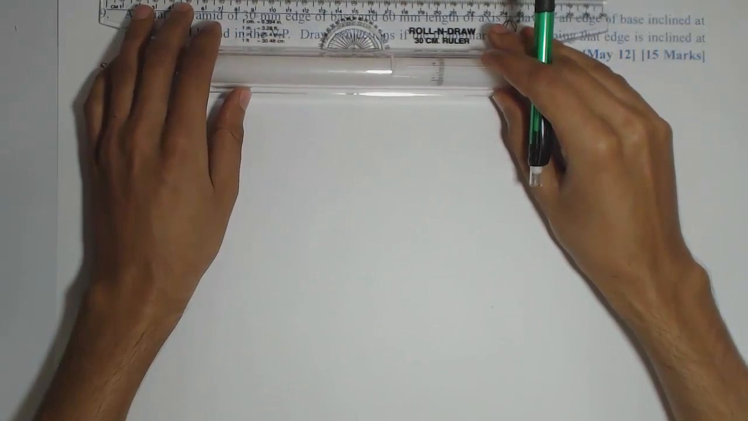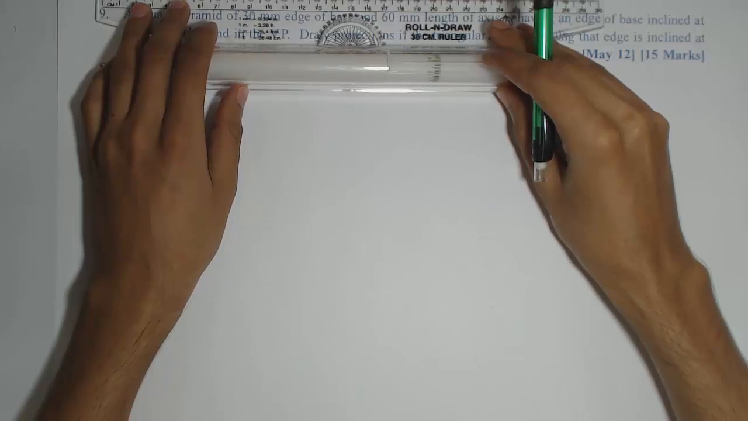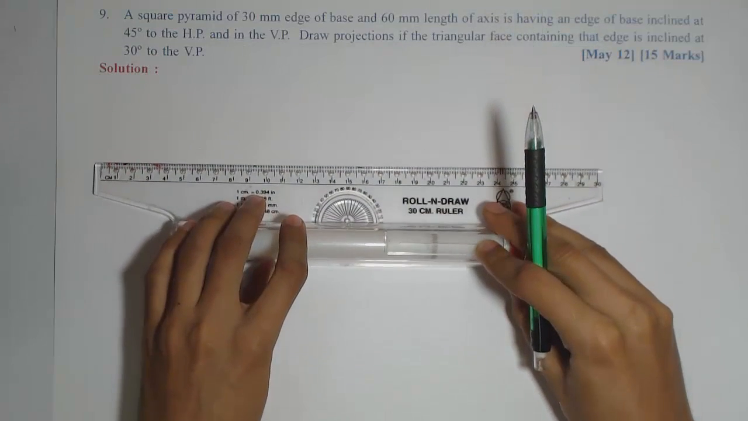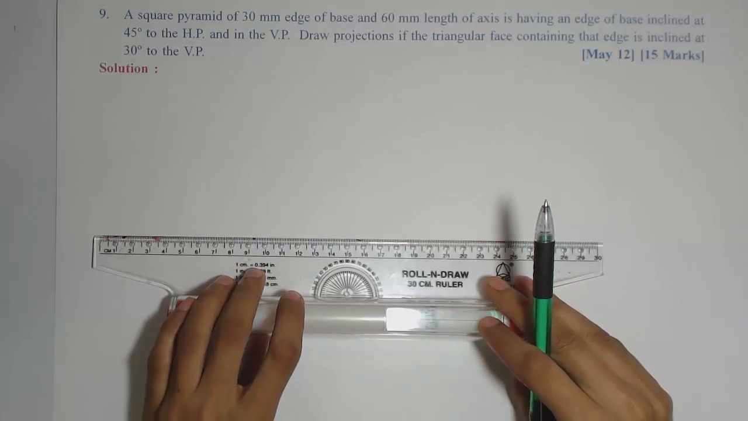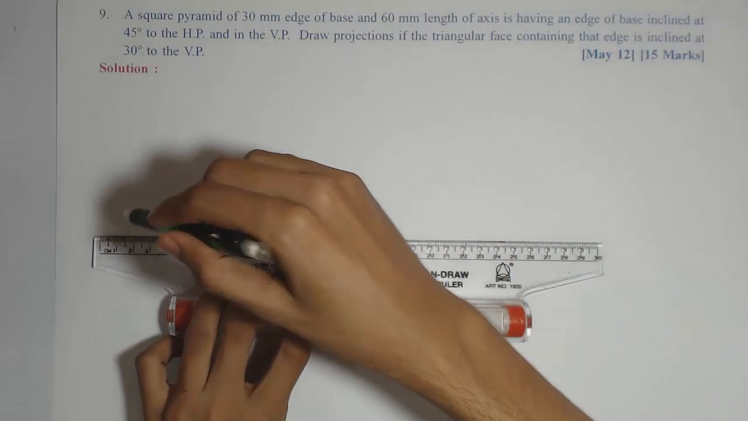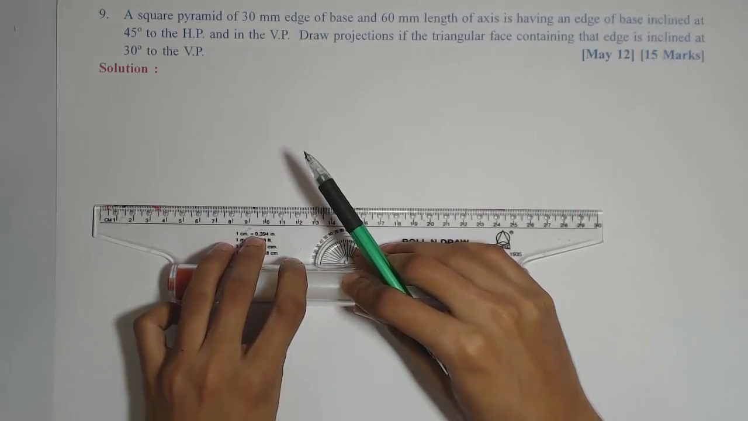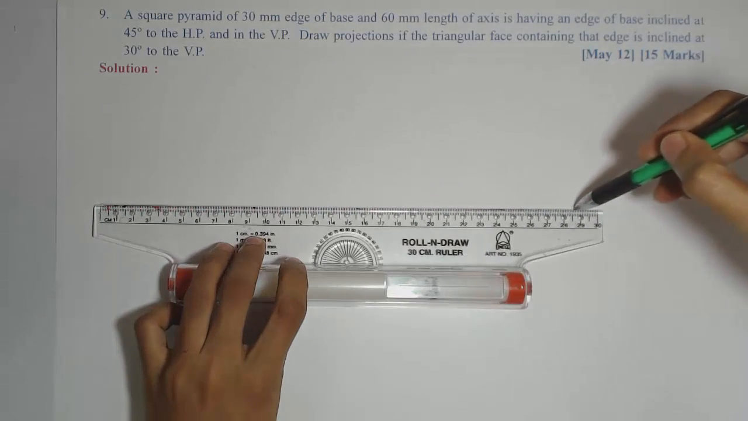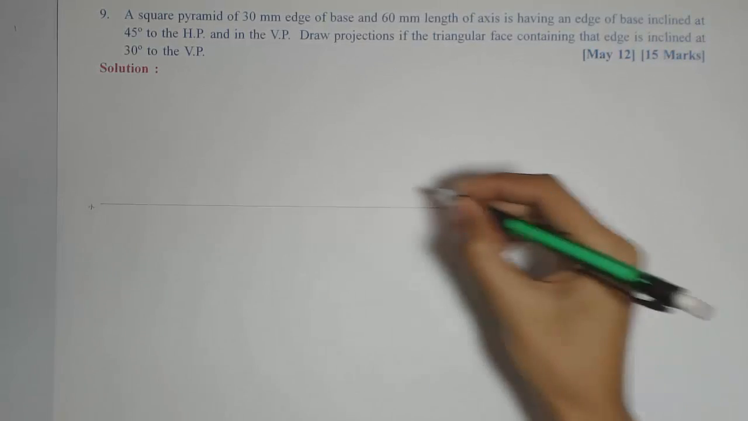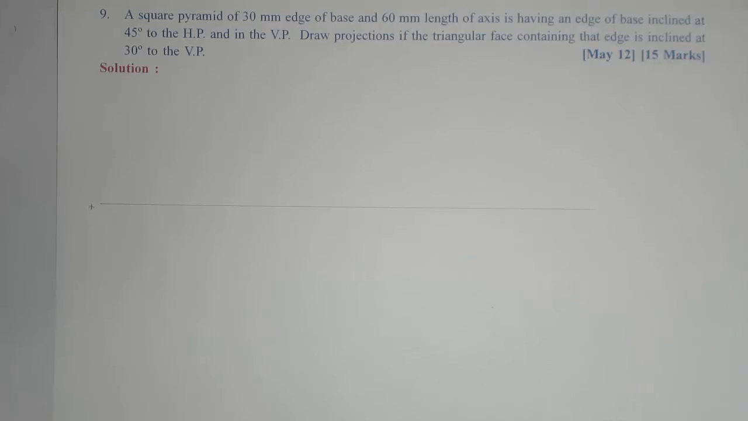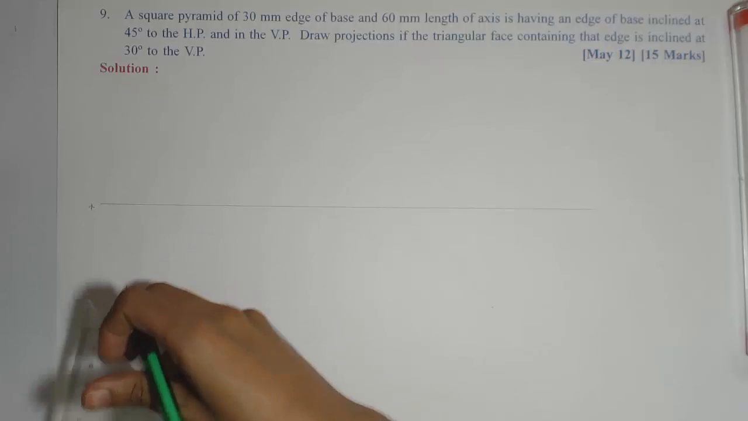And obviously we are keeping the base in the VP, so that will be seen as a true shape in front view and not in the top view. So in previous all the problems we started with the base below XY line because that was seen as a true shape in top view. But in this particular problem, the base is assumed initially entirely in the VP, so that will be seen as a true shape in front view. So we will start with the base, which is a square above XY line, square of 30 mm edge, base edge,